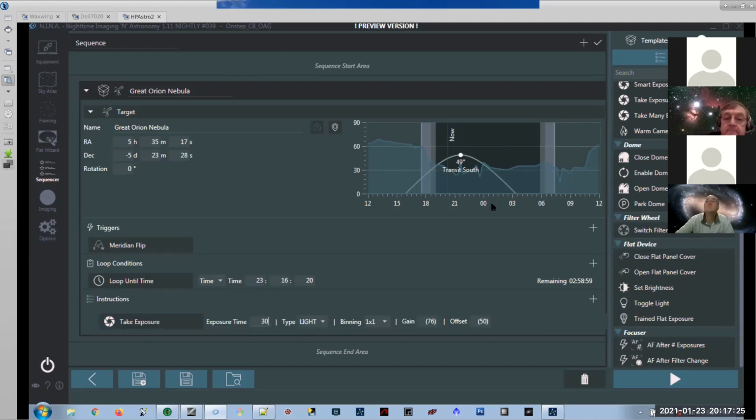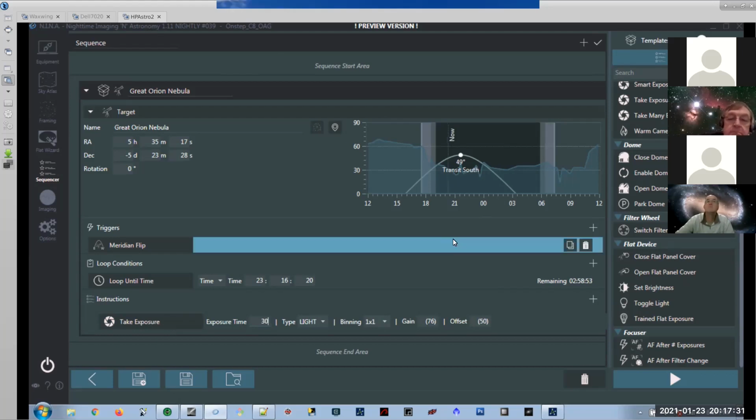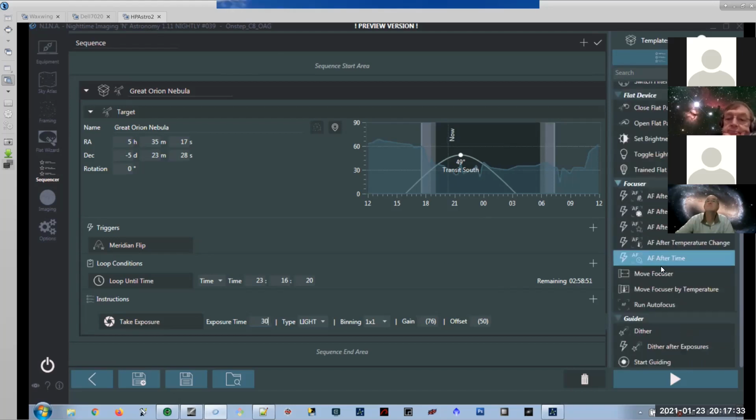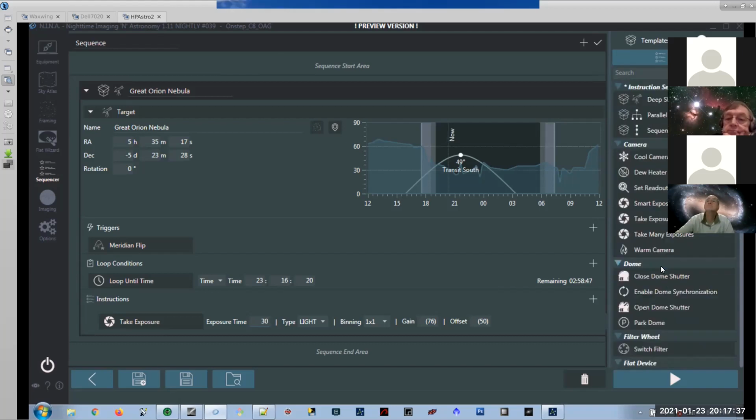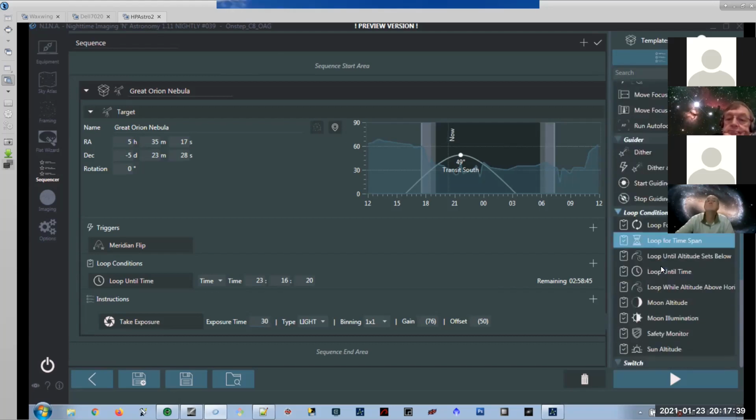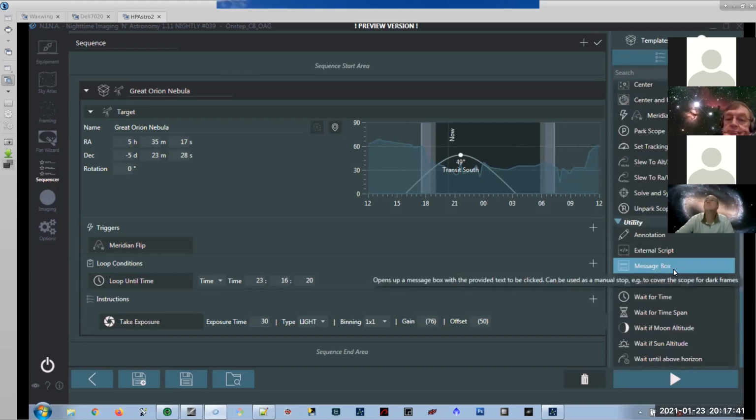Am I going too fast, or is everyone getting the basic idea? No, you're good. Okay. So obviously you can put all kinds of things. You can do other things for your rules. Let's see. You can do things like